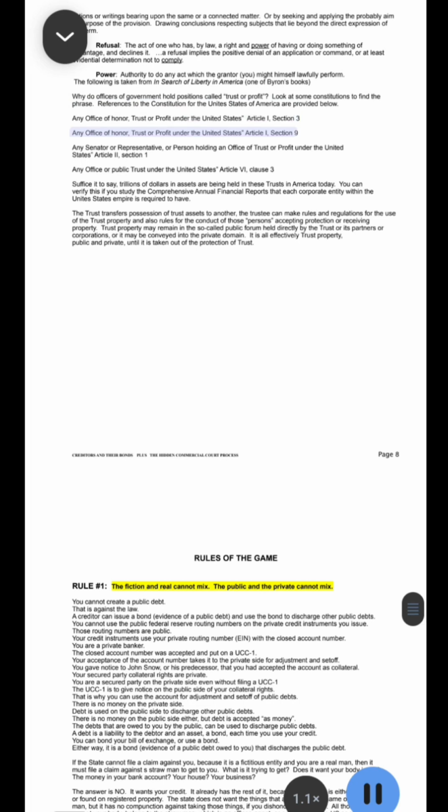Any office of honor, trust or profit under the United States, Article 1, Section 9. Any senator or representative, or person holding an office of trust or profit under the United States, Article 2, Section 1. Any office or public trust under the United States, Article 6, Clause 3. Suffice it to say, trillions of dollars in assets